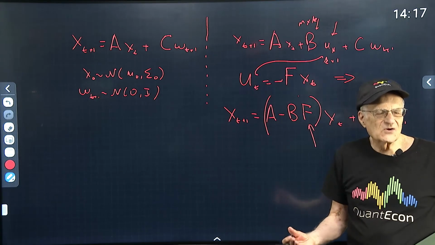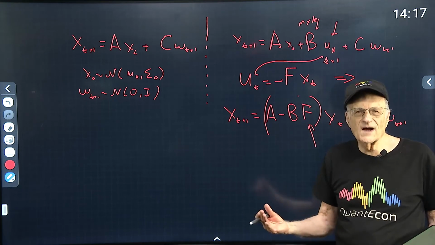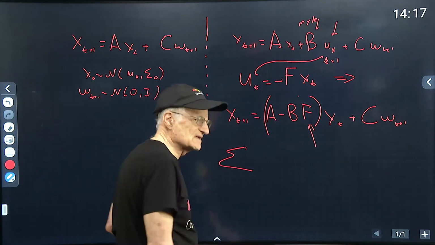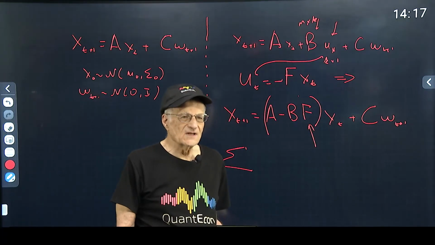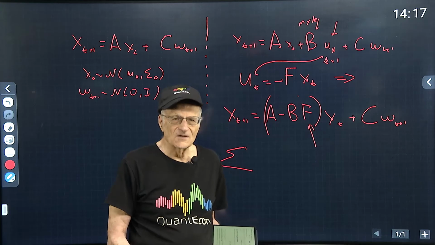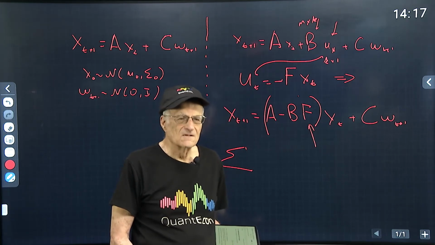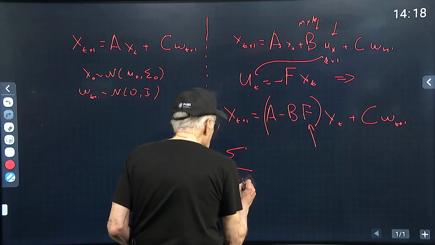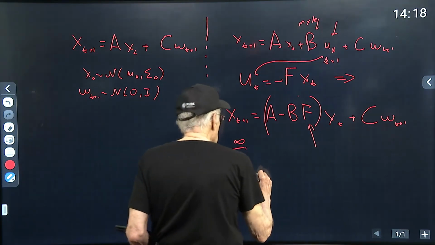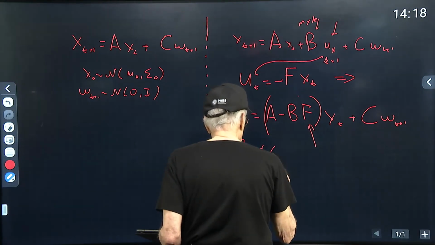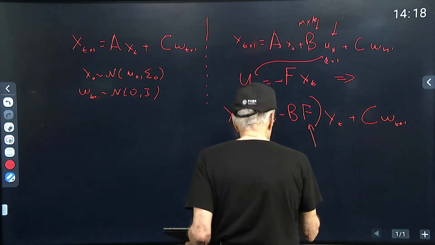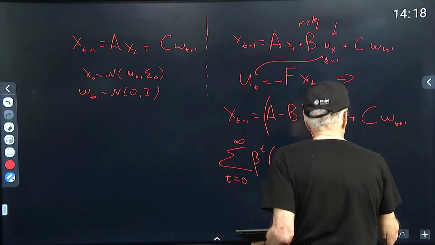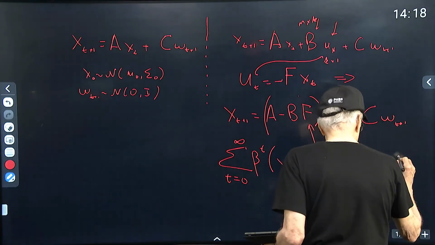So how should I do it? You have to tell me what I want. What's typically done is to endow the decision maker with some preferences. And to make the problem tractable, this has been done for three quarters of a century, what we're going to say is, here's what I care about. I care about some criterion like this,